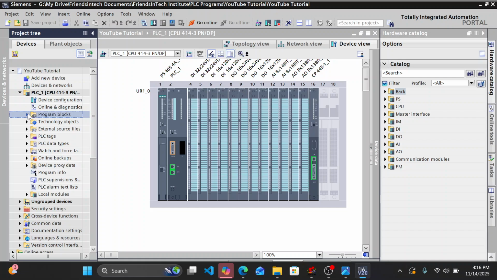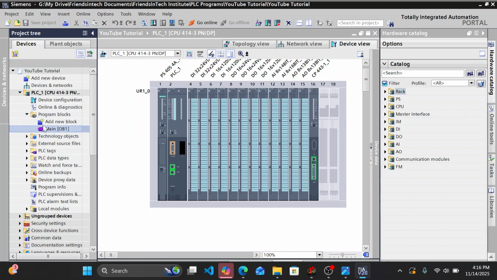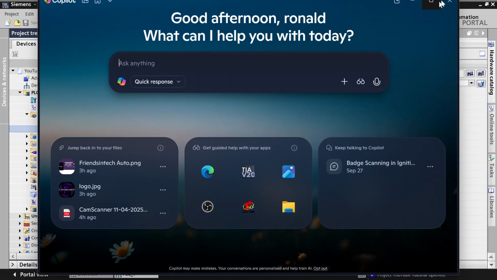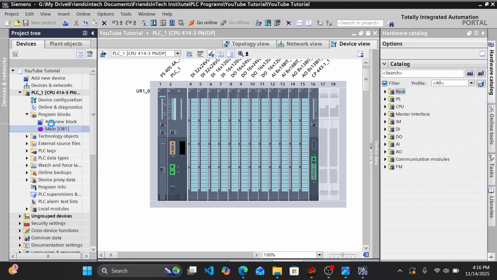Under program blocks, we have the main block. This main block is where you need to write your PLC program. If you double click to open the main block here,